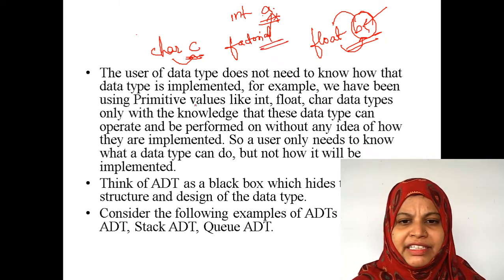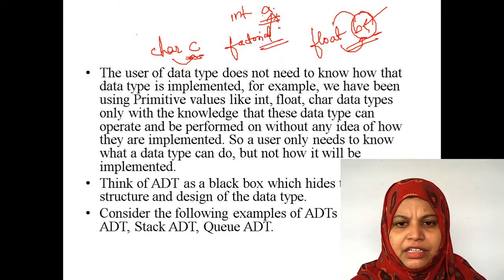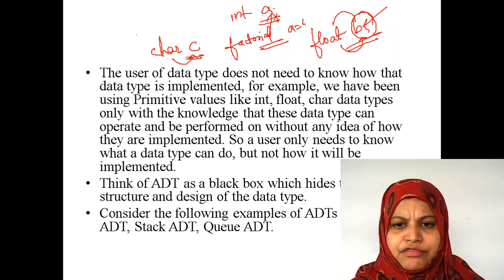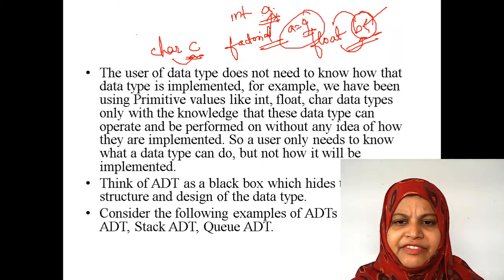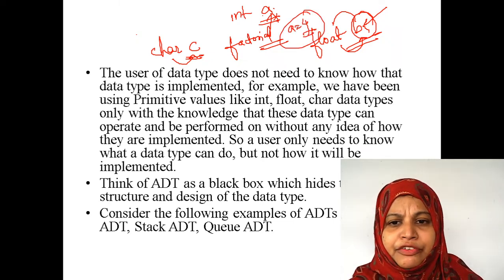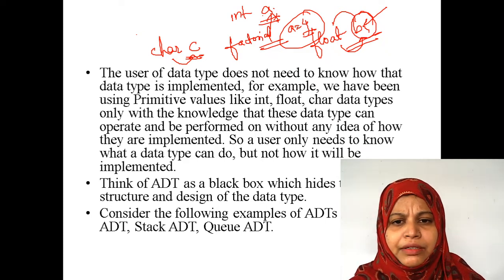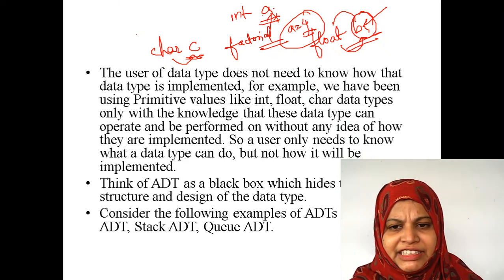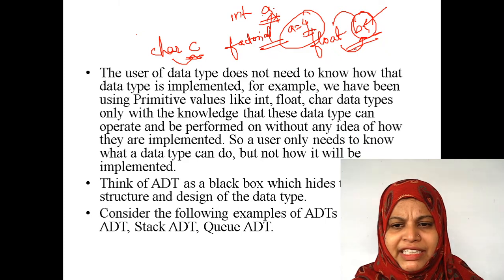In that particular case, I assign a equals 4. So easily we can find the factorial of 4. Why? Because a is an integer variable. Suppose float b is there. In that case, I want to find the factorial of b. Is it possible to find the factorial of b? No. Why? Because it is a floating point number.